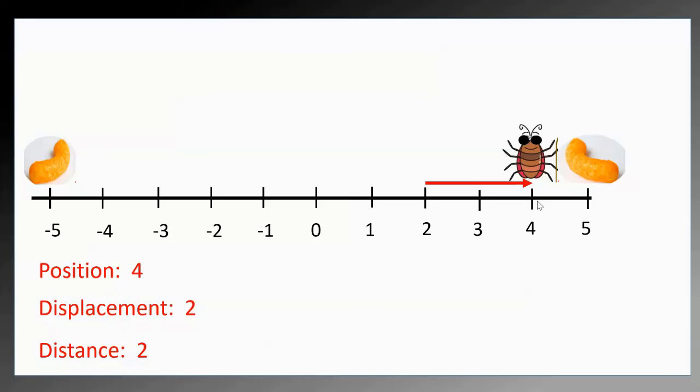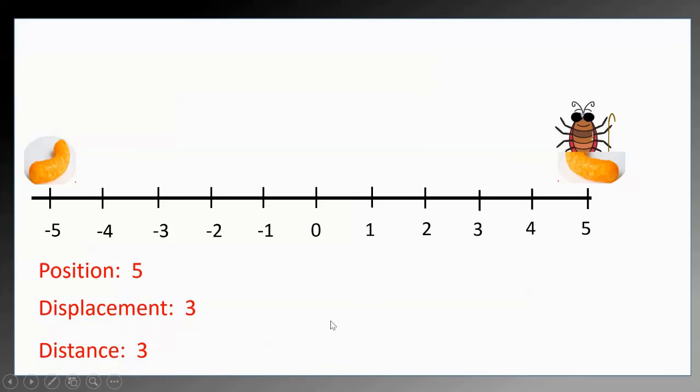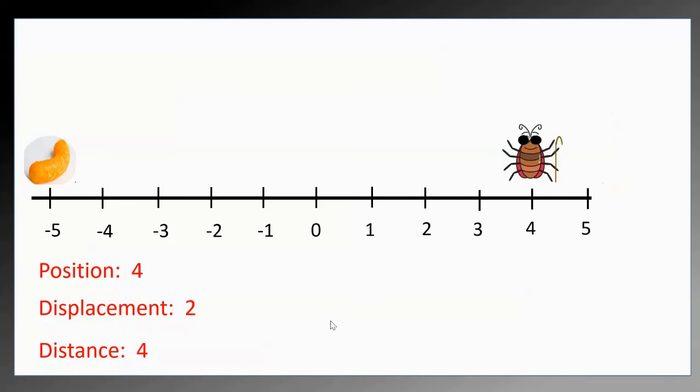Or if you want to think of it in terms of the equation, final position minus initial position. His final position is 4. His initial position is 2. So 4 minus 2 would be 2. Okay, but he's only traveled 2 tick marks, so his distance is also 2. He's gonna come over here, eat the Cheeto. Then he's gonna make his way back,